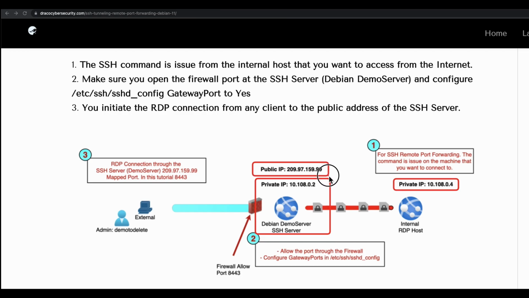So once we establish the SSH tunnel, the remote port forwarding tunnel, we can then configure the firewall to allow port 8443. In our tutorial, you can specify any port that is not already being used. Port 8443 is like trying to masquerade 3389 as maybe an HTTPS port, as 8443 is commonly used by a lot of applications